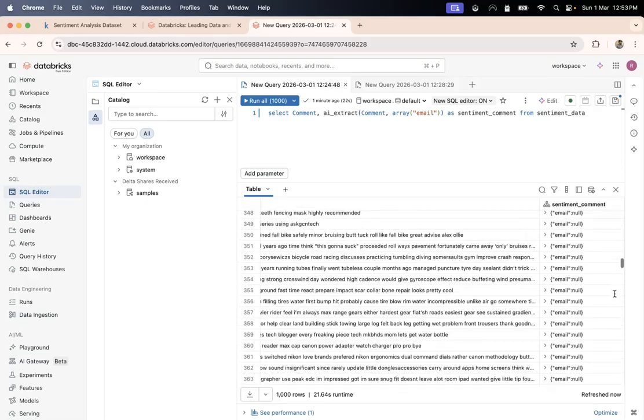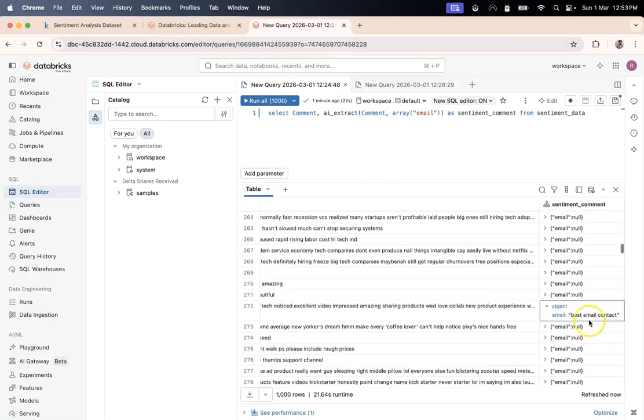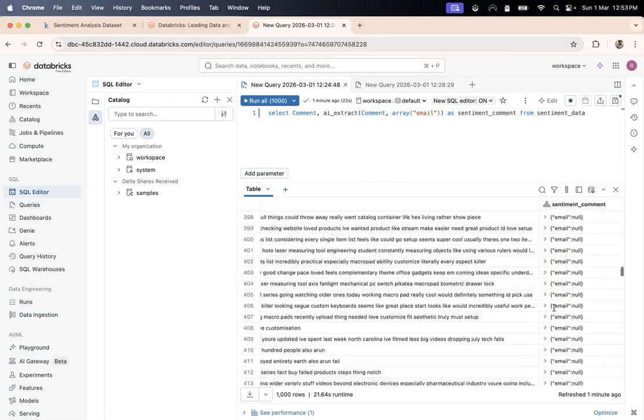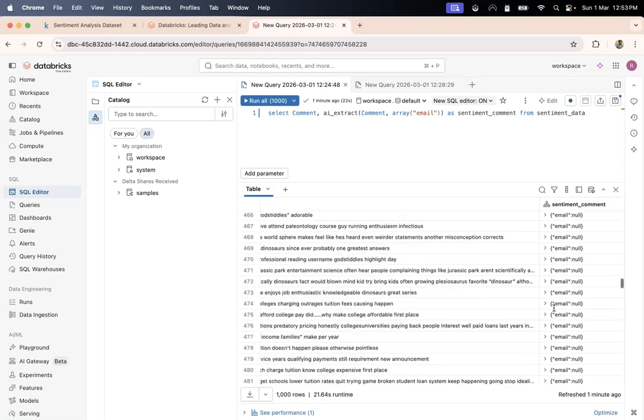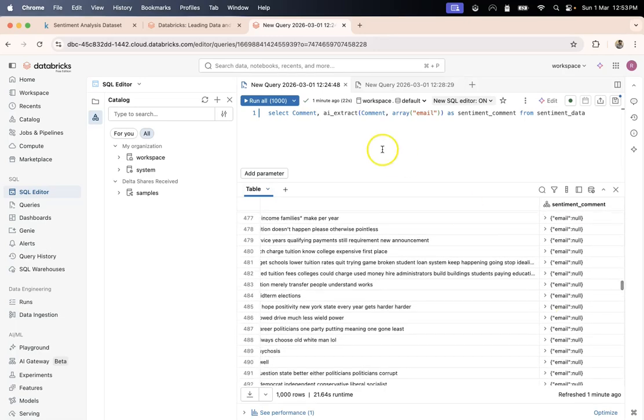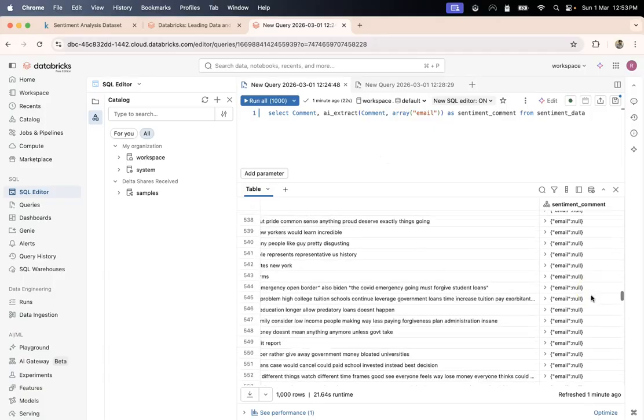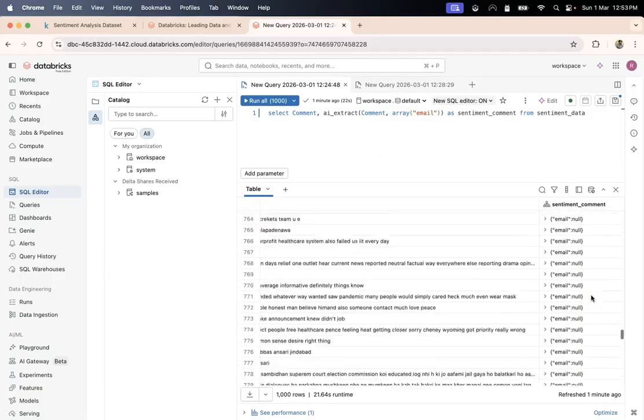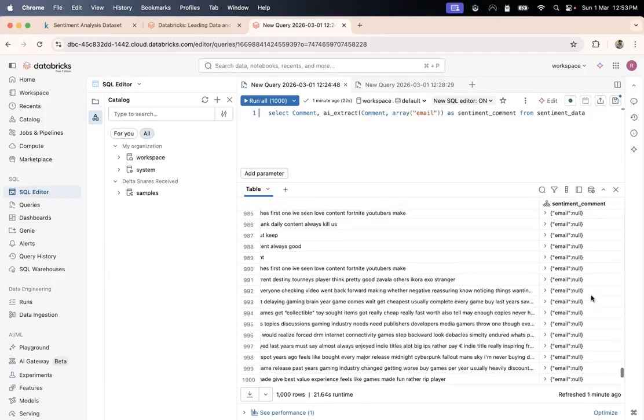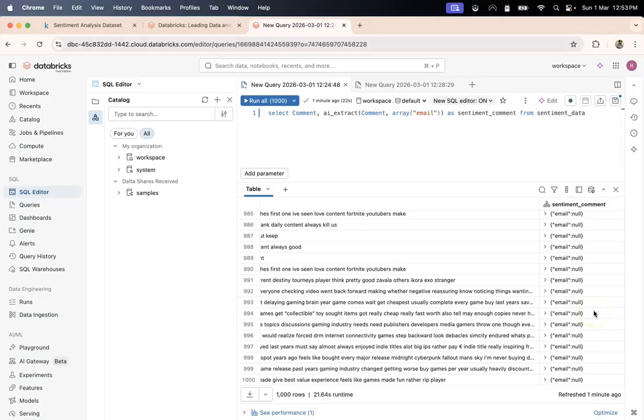But you see, it has incorrectly extracted the email, which could be wrong if you have downstream processing which depends on this table. Okay, makes sense.